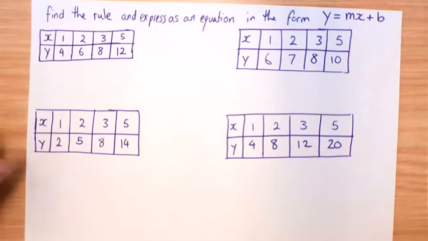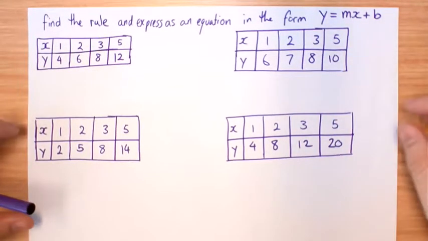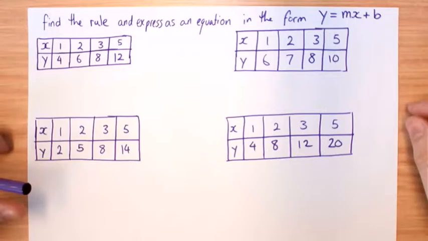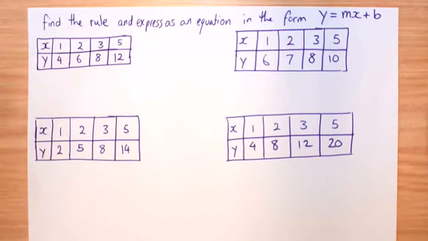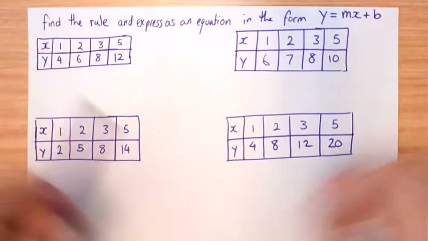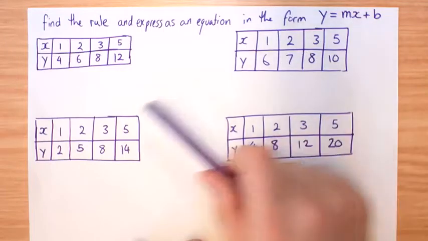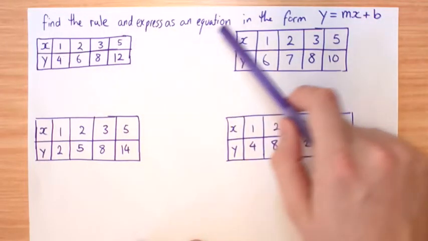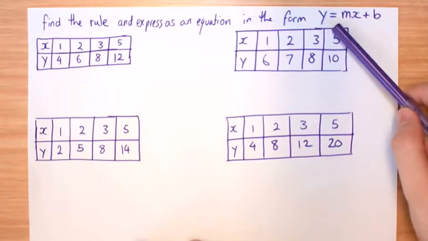Okay, so we're going to do a couple of questions, or four different questions, on finding the rule. This is something that we've needed to do: have a look at some values of x and some values of y and find the equation that describes the relationship between these numbers. And what this means, find the rule and express as an equation in the form of y equals mx plus